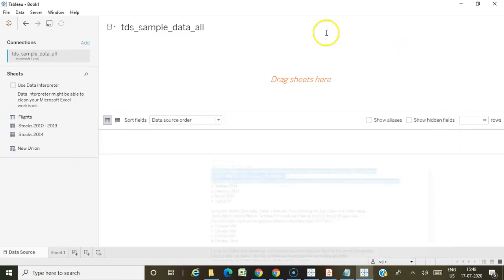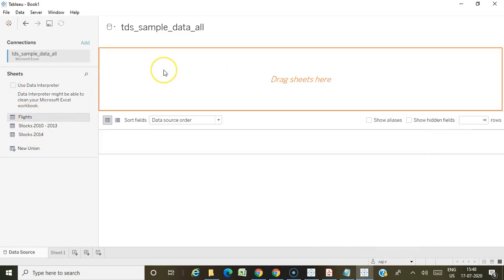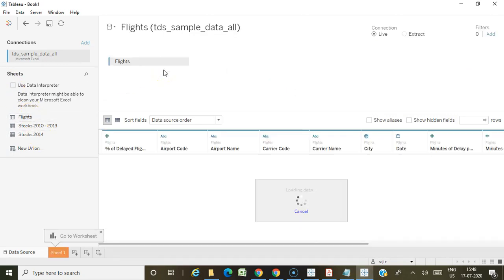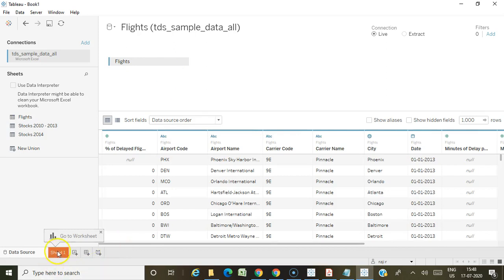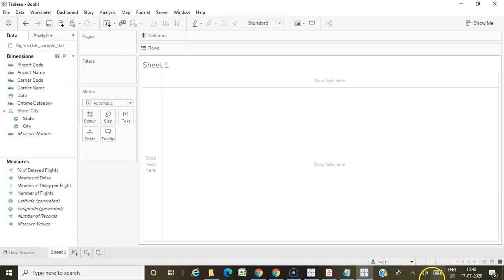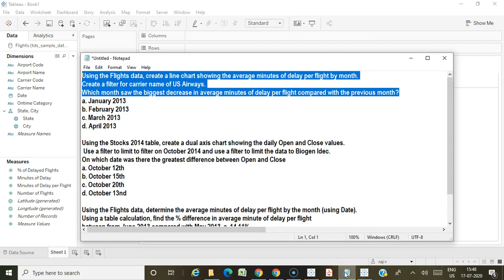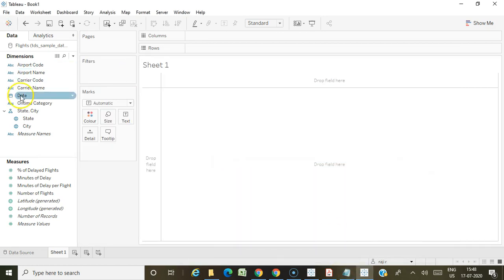Let me take the flights data alone, because we just need the flights data. Then we were asked to create a line chart showing the average minutes of delay per flight by month. So let's take the date column.